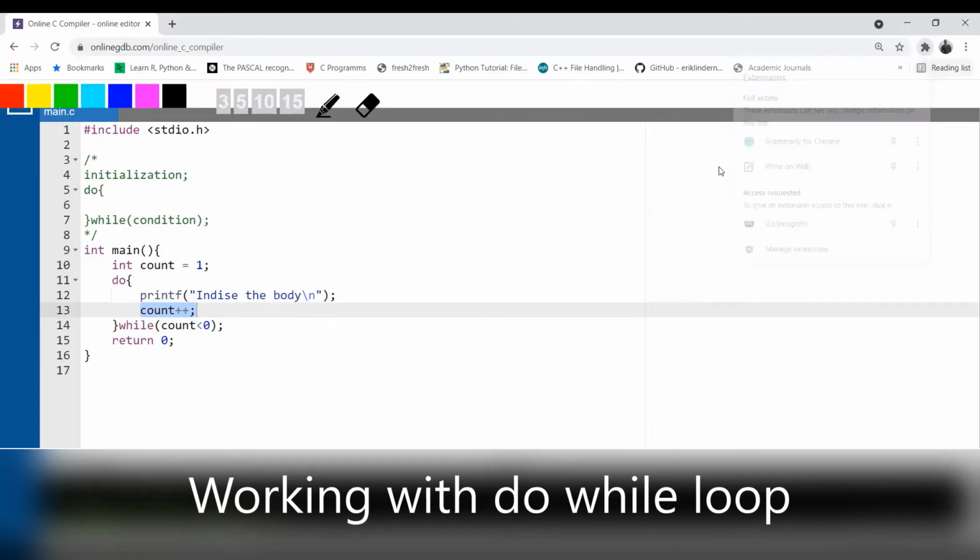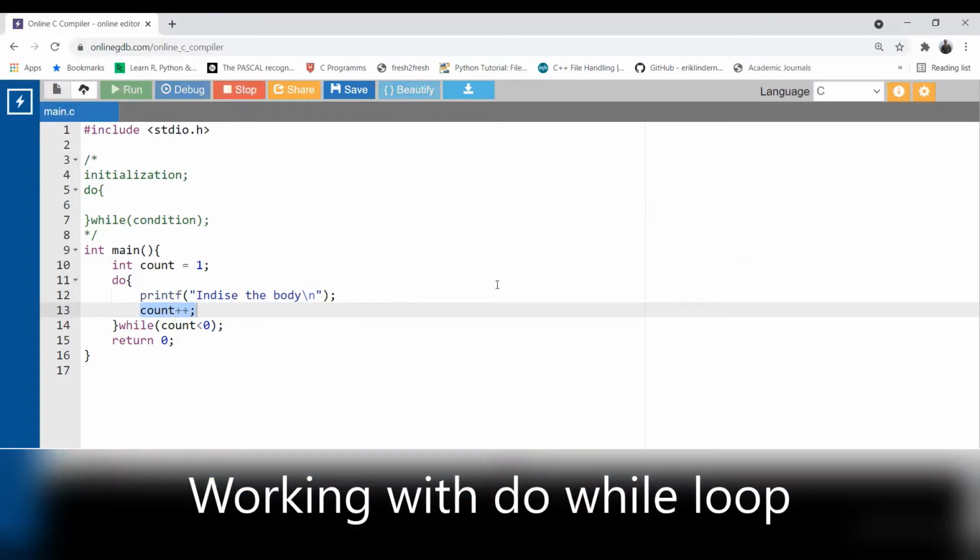The initial value is 1, and we are doing count plus plus, so it will definitely go in this direction. Now in the condition you have written less than 0. So here is 1, here is 0, here is 2, here is 3. It will go in this direction, so that means my condition is false, definitely. If the condition is false, let's see how many times this loop will get executed.